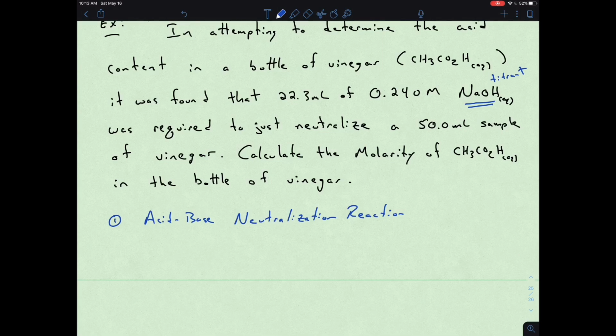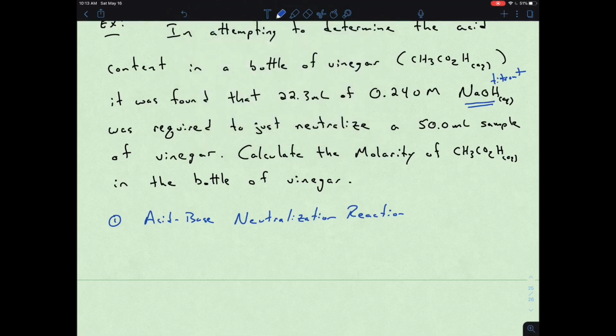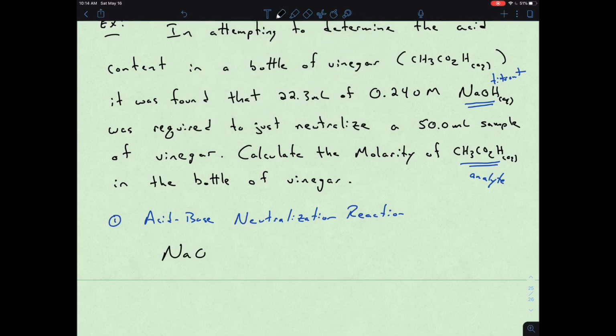That's what we're utilizing to figure out an unknown. And the vinegar, or the acetic acid here, is the analyte. So those are the two materials. So if we write those down,